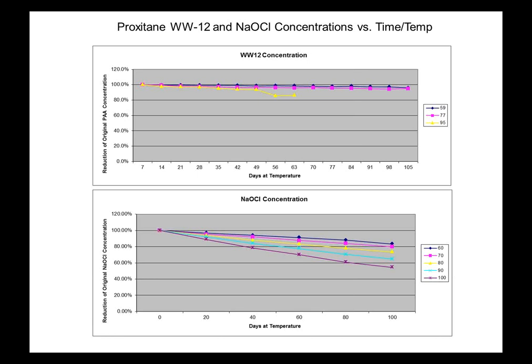When you take a look at sodium hypochlorite in solution at high temperatures, and this is right out of White's handbook, you will see degradation over time. In studies I've seen over the past 2 years locally, they've lost up to 50% of a 12% concentration in less than 30 days. So this is important in CSOs or applications where you don't use a large volume, but you have higher temperatures. So this is very critical.